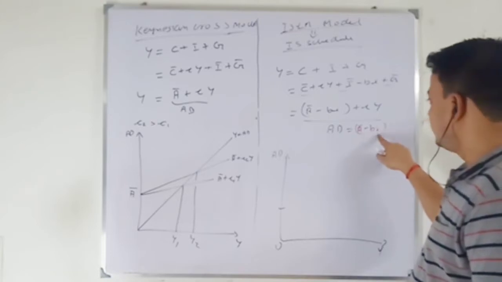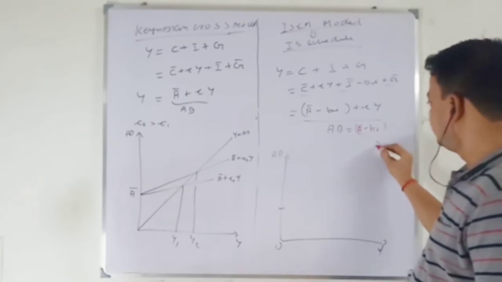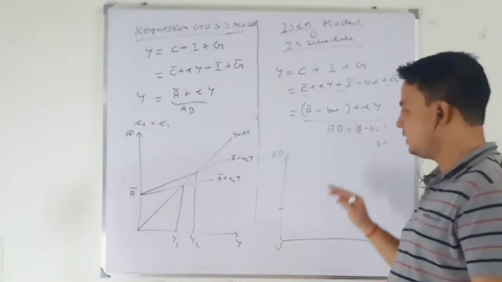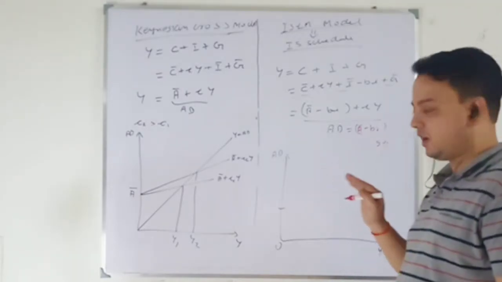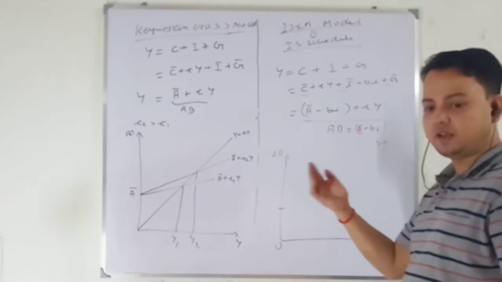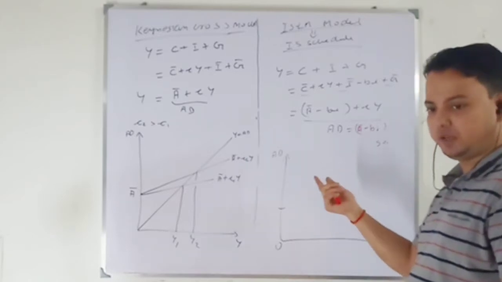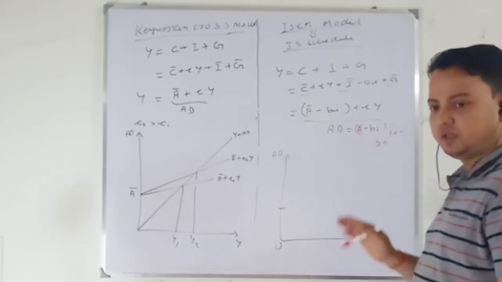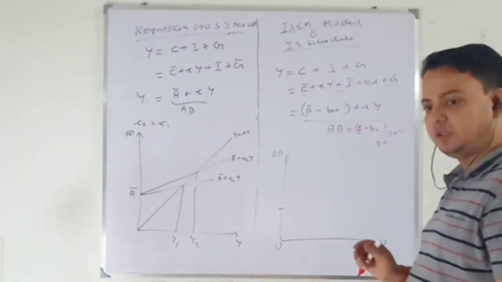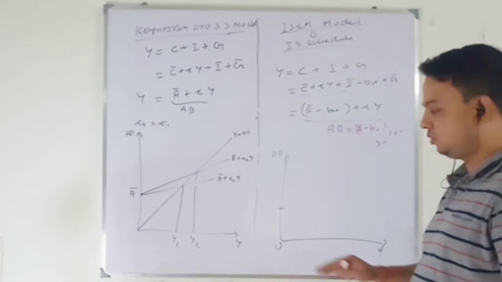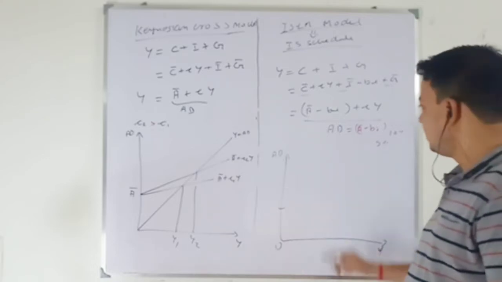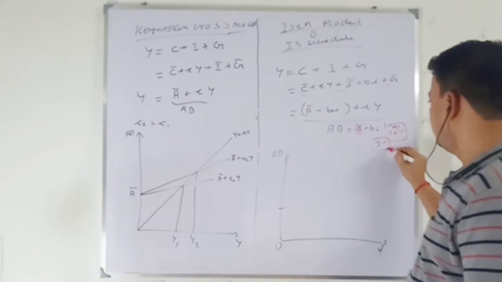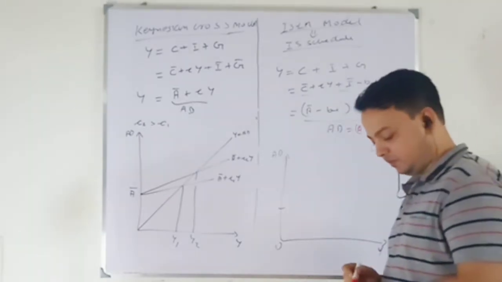Say the interest rate is 5%. When my interest rate is low, my aggregate demand will be higher because investment will be higher. When my interest rate is high, say 10%, investment will be low, that means my aggregate demand will be low, and the intercept term will be low. First I am drawing for 10%, say I1. This is I1, this is I2. Check the previous video where I have done this in detail.